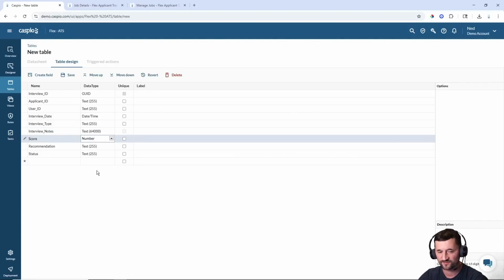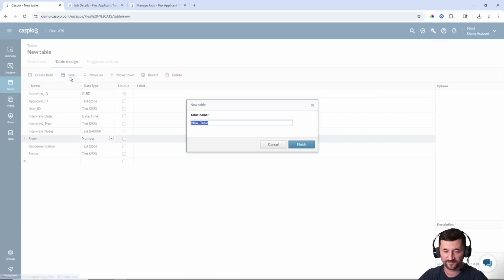We have the score. We can turn this into a number. Recommendation is going to be a simple yes or no. And finally, we have the status. That's it for this table. Let me click save, and let's call this F, TBL,